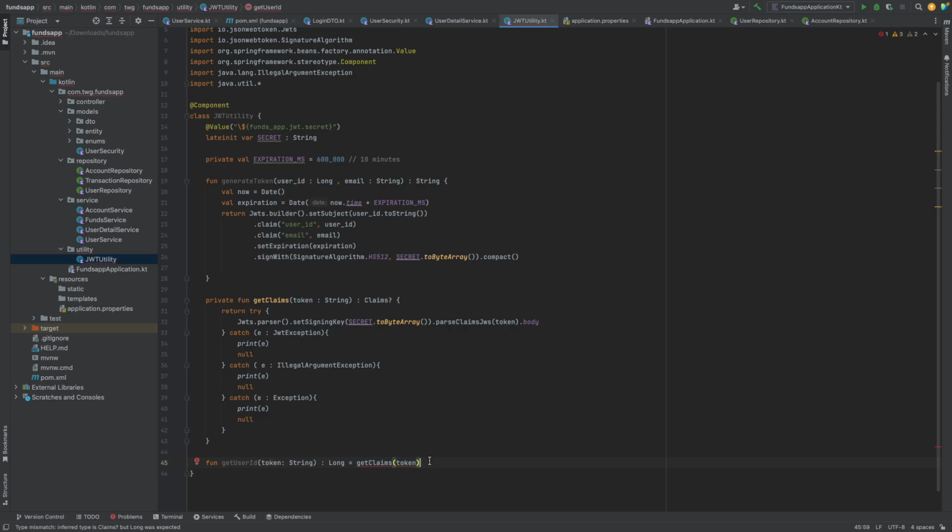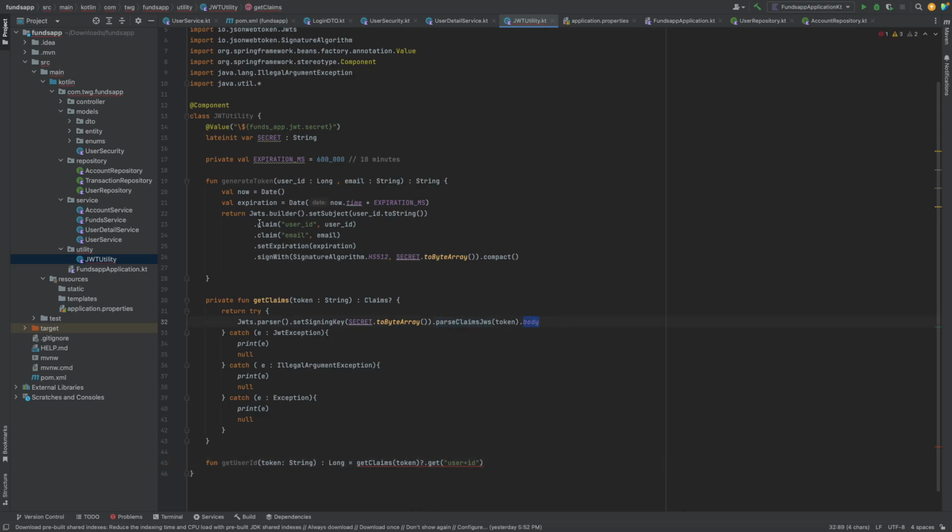And we're going to have to use a safe way of getting the user ID, because remember, this is nullable. So what I'm going to do is utilize the safe call operator that Kotlin provides to attempt to get the user ID from the body,